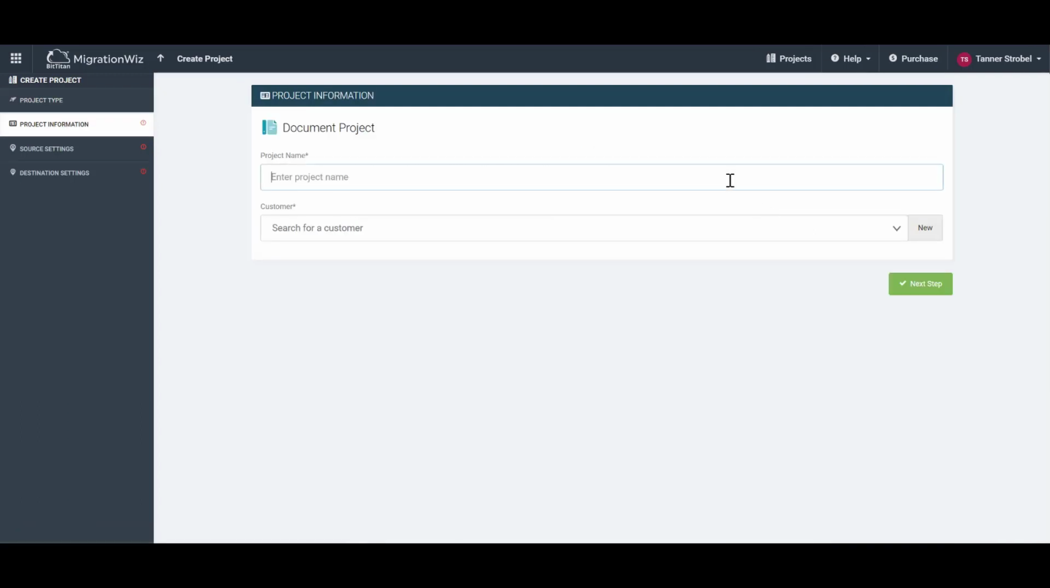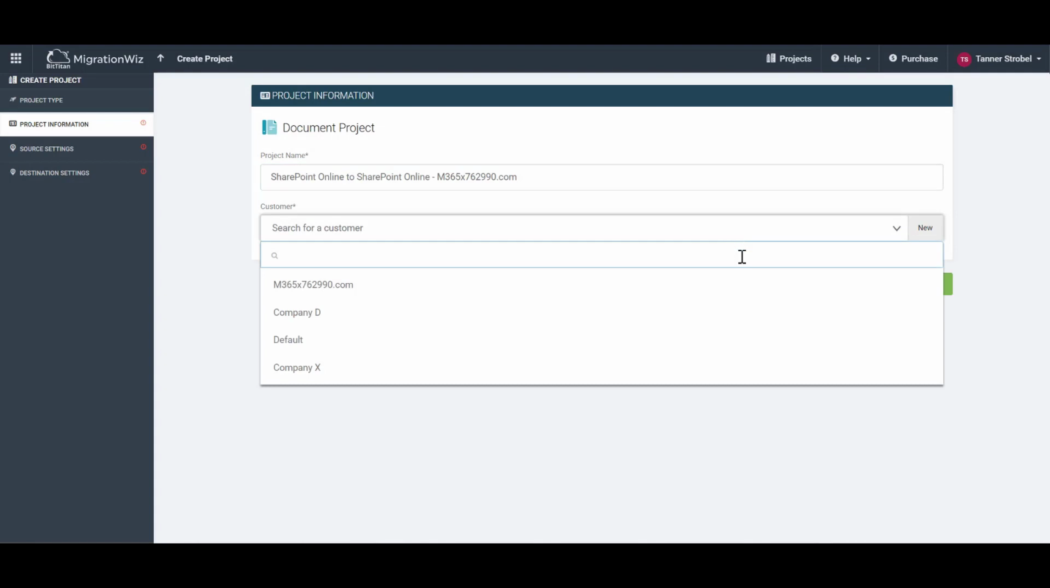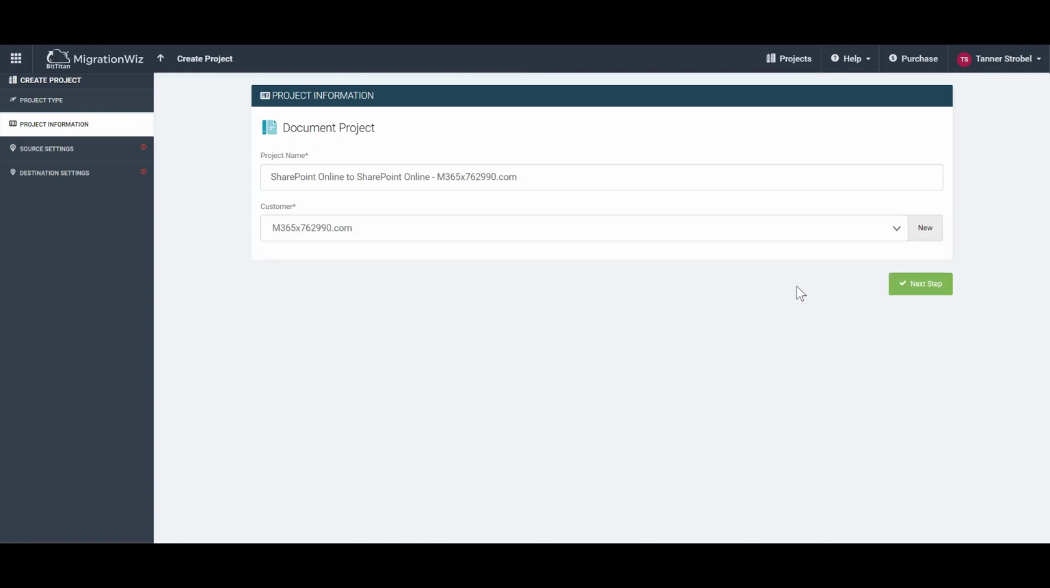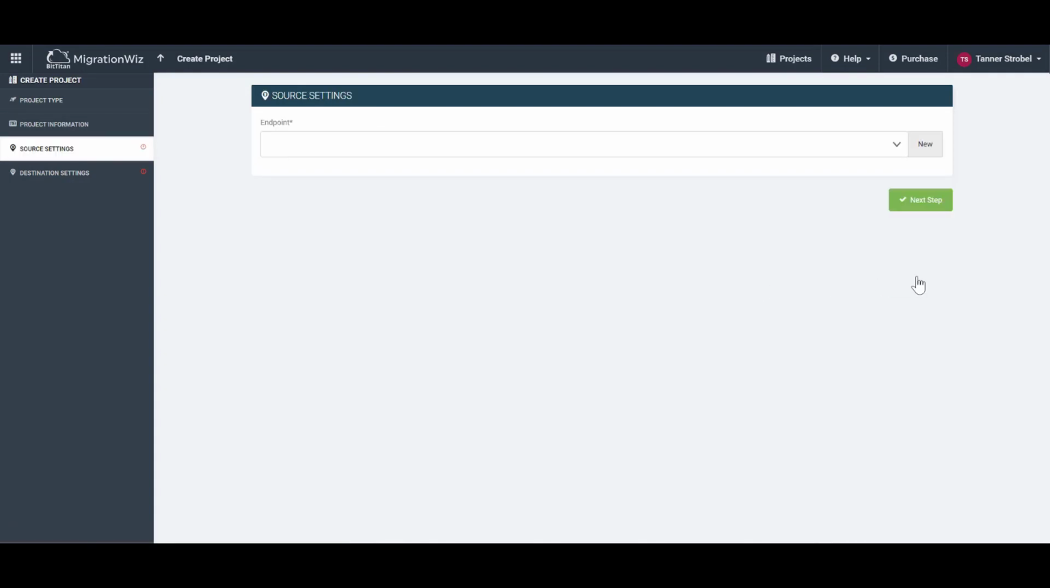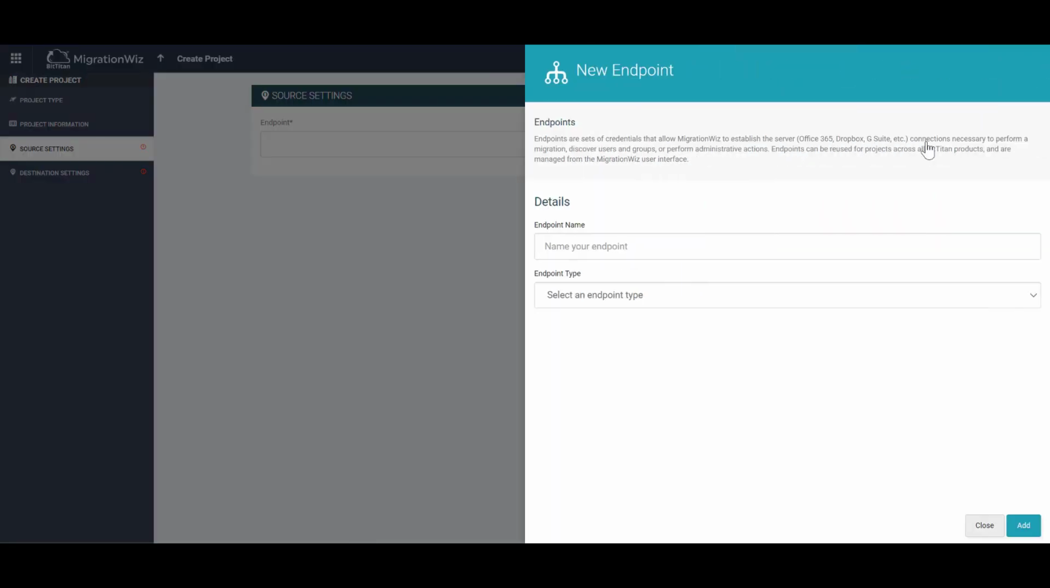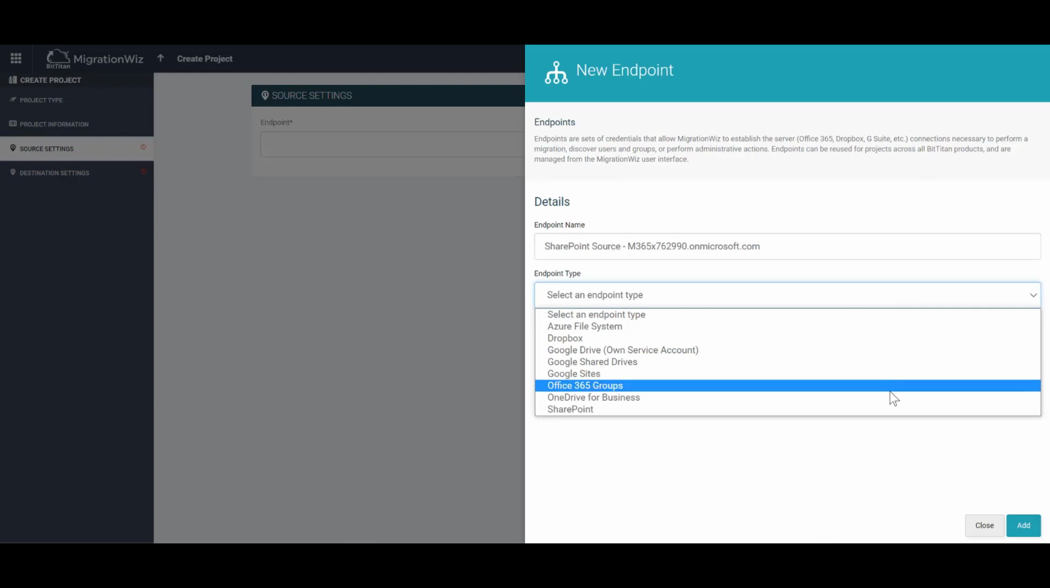You want to give your project a name and create the customer if you haven't already done so. Creating a customer requires you to define the customer's primary mail domain and customer name. When creating your source environment endpoint, you'll give the endpoint a name, specify the SharePoint endpoint type, and then the